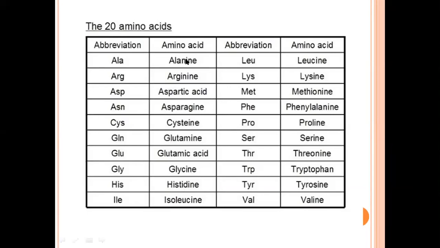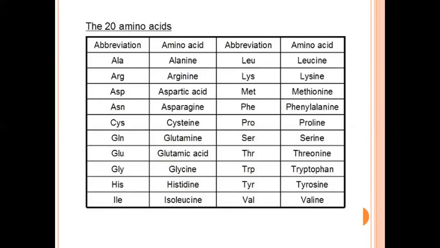It includes alanine, arginine, aspartic acid, asparagine, cysteine, glutamine, and so on, ending with valine. On what basis are we classifying them? As I mentioned, all of them have a specialized, different side chain. So this R group will be different, and the rest of the structure stays the same. Only the R group is different in all these 20 amino acids. Some have hydrogen, some have a methyl group, some have an ethyl, some have an alcohol, some have an acidic group, some have an amide group. So all these things are present in these 20 amino acids.